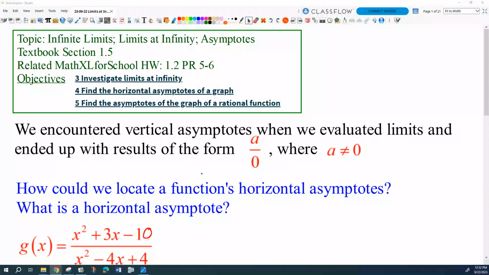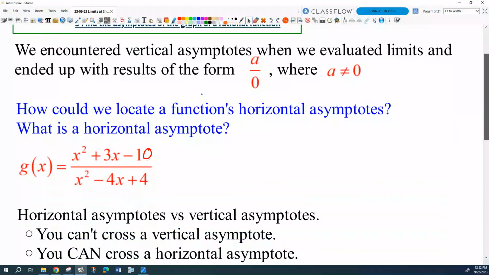So I finished up the problem from the previous day, and we started to look at horizontal asymptotes, right? Essentially, we just talked about what it means to be a horizontal asymptote. Well, it means very much the same thing that it means to be a vertical asymptote. So,